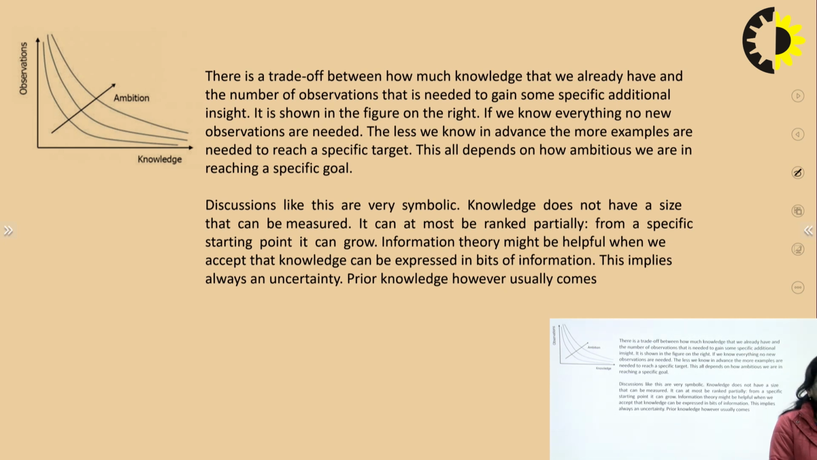Discussions like this are very symbolic. Knowledge does not have a size that can be measured. It can at most be ranked partially. From a specific starting point, it can grow, and information theory might be helpful when we accept that knowledge can be expressed in bits of information. So, basically this implies always an uncertainty. Prior knowledge, however, usually comes